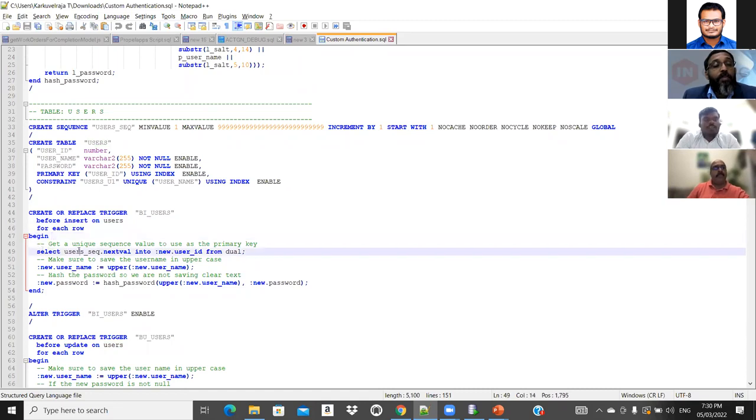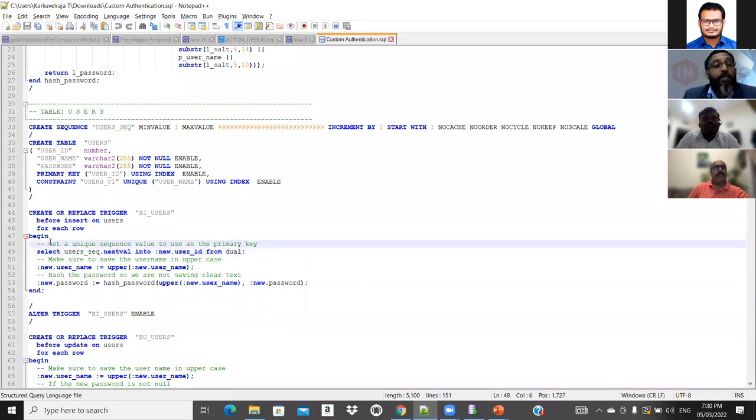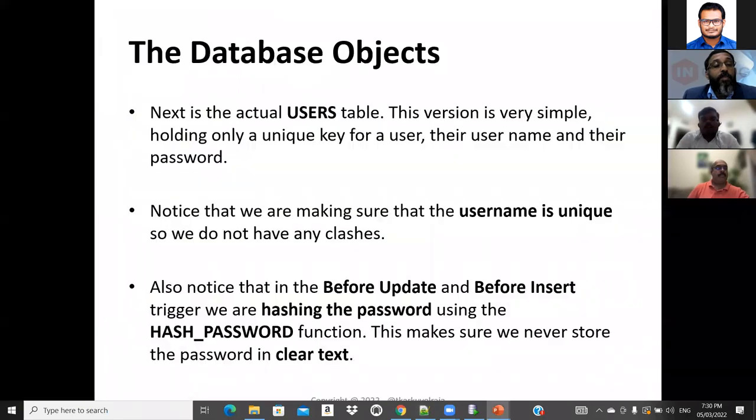I have created one sequence to generate the user ID. I have created the sequence here: create sequence, minval, maxval. I think you might be familiar with this. This select statement gets a unique sequence value to use as the primary key. So we should ensure that when we are enabling the trigger, the password is